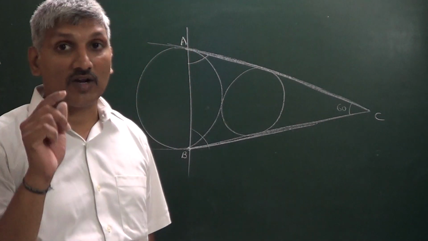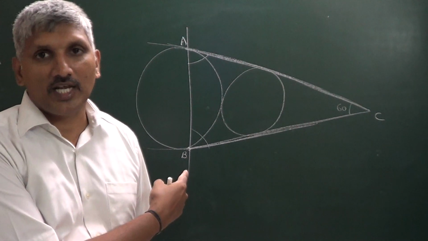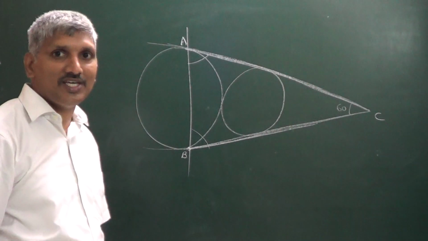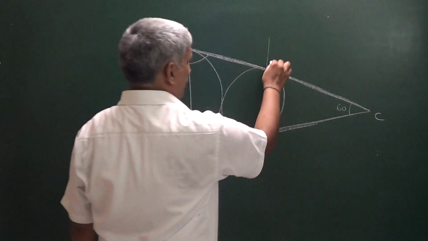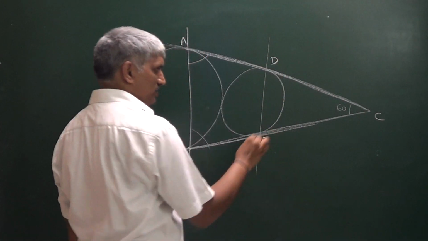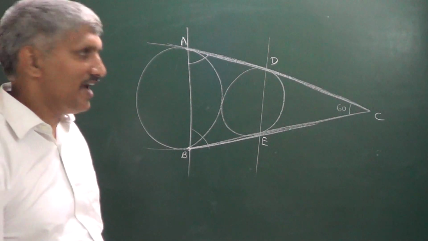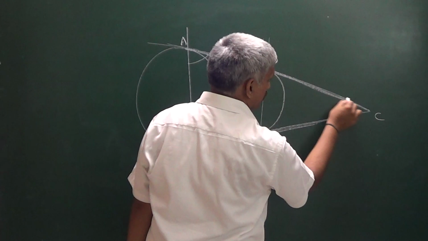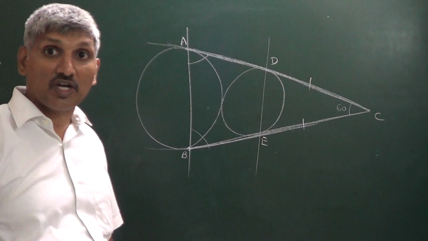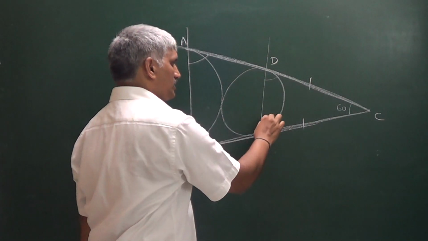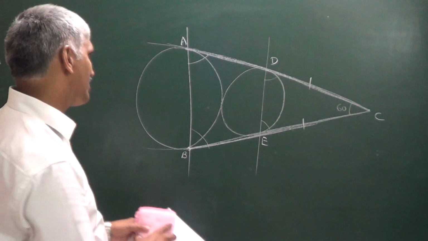Okay. So if R1, R2 radii are in the ratio 3:1 and the circles touch each other, then ABC is an equilateral triangle. Similarly, we can say here, this point is equal to D and this point is equal to E. Now the triangle CDE is also an equilateral triangle. The reason is, this is also the length of the tangent, this is also the length of the tangent. These two tangents are equal in length. That's why these two angles are the same. Again you will get an equilateral triangle. CDE is an equilateral triangle.